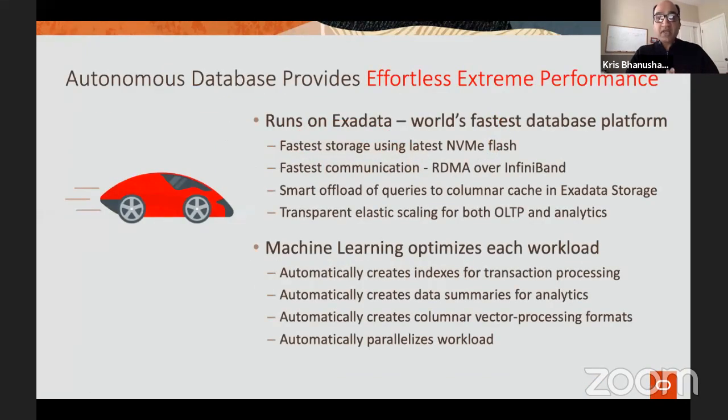Now on the performance side, needless to say, of course, it runs on Exadata. So all autonomous database services run on Exadata infrastructure. And definitely it's been one of the best hardware to run on. The latest X8s that we introduced give amazing performance, about 1.6 million IOPS for a full rack. A lot of NVMe flash.